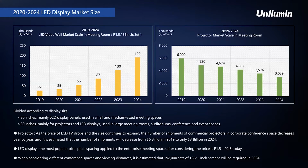So if we look at how that market is defined, 80 inches and below, and you can probably even say 98 inches and below, are typically going to be LCD panels used in small to medium-sized meeting rooms. In the over 80-inch market, the biggest sector is going between projection and LEDs at the moment. So most of these screens are then 110-inch, 135-inch, or bigger. So again, it's either large screen projection or LED, because tiled video walls are still possible, but they're now less